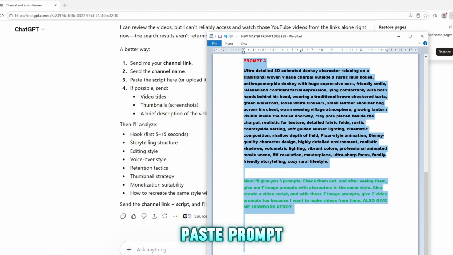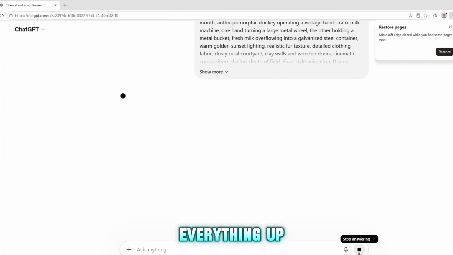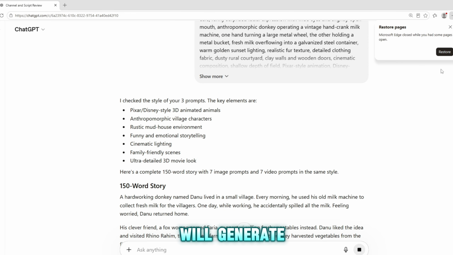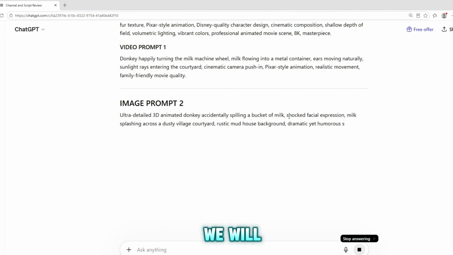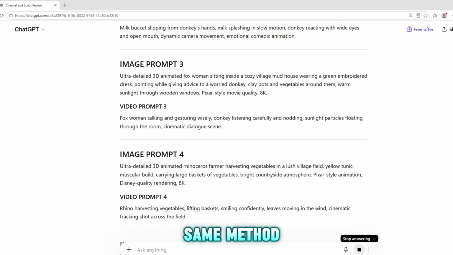After that, copy and paste prompt 1, prompt 2, prompt 3, the red prompt, and everything up to the green section. Once you do that, ChatGPT will generate a 150-word story. We will create shorts because shorts tend to go viral faster, but you can also use the same method for